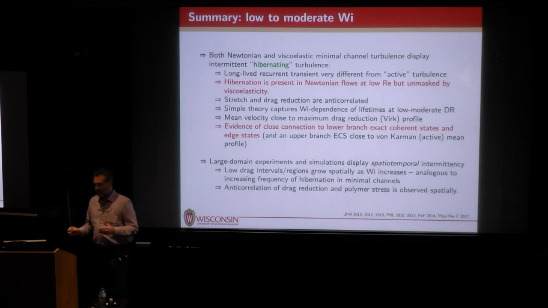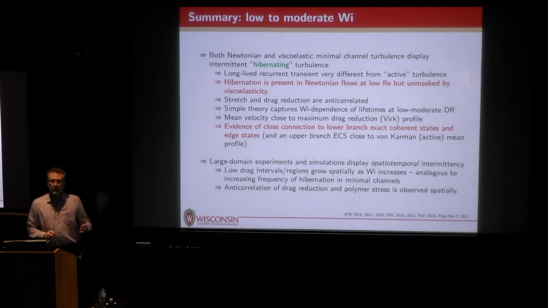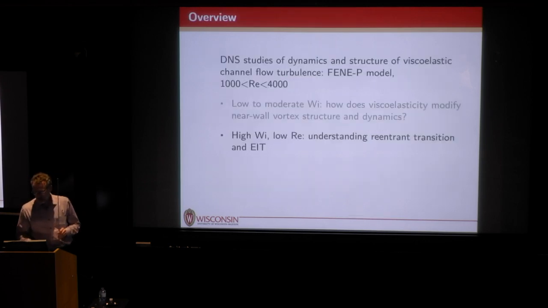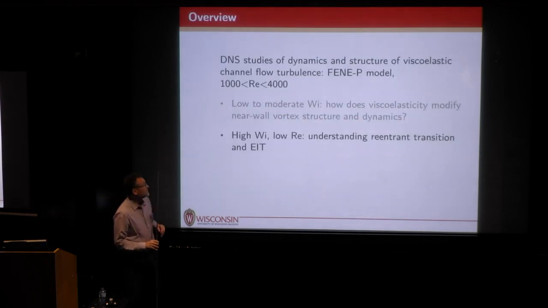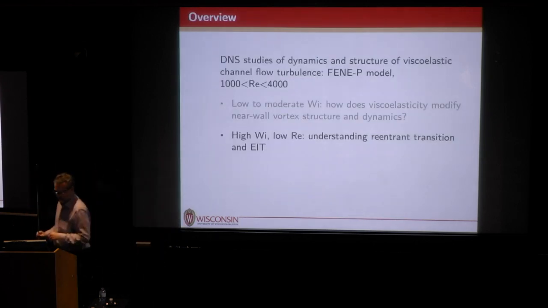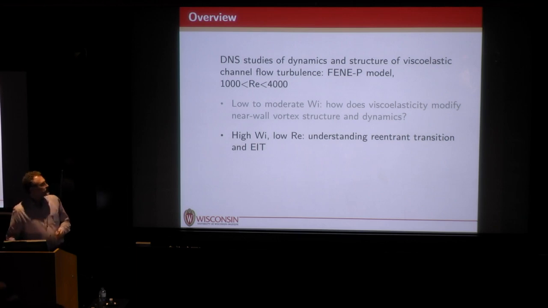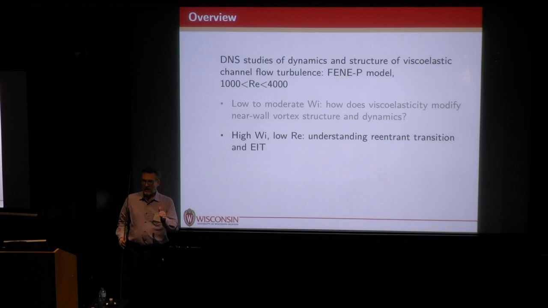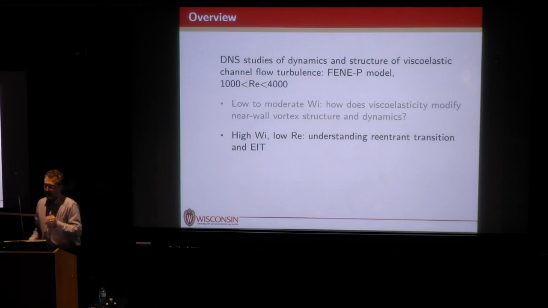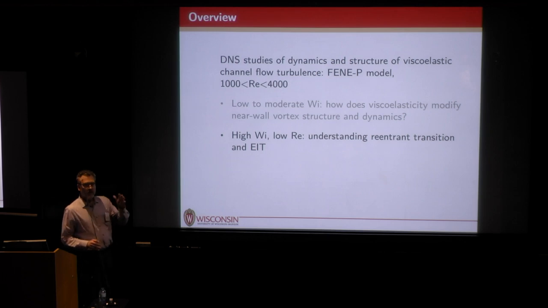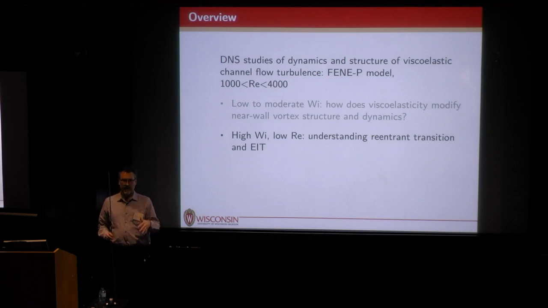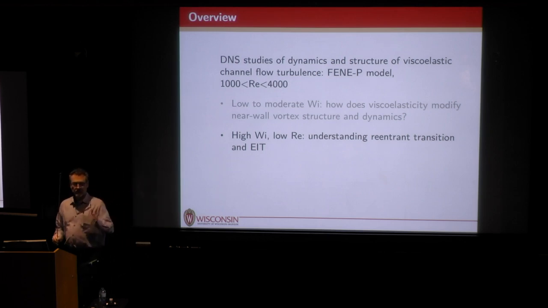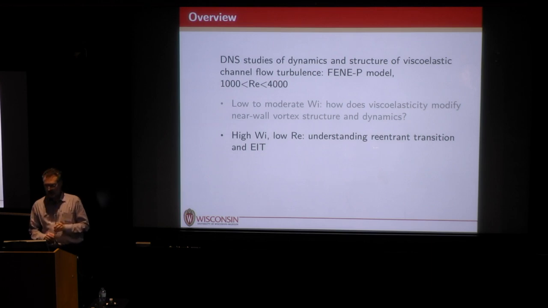So the rest of the story is trying to understand this elasto-inertial turbulence phenomenon. That's what I'll spend the last few minutes on. What we've done here is move to lower Reynolds number, close to transition, and we're in the channel flow case rather than the pipe flow case. In channel flow, Newtonian transition is at a Reynolds number of 1,000, so we're going to work at a Reynolds number of 1,500, just above that.